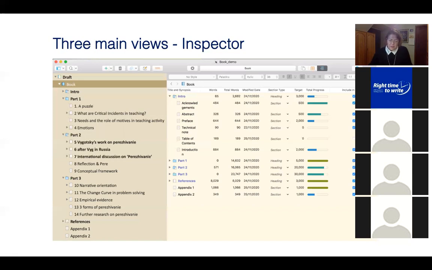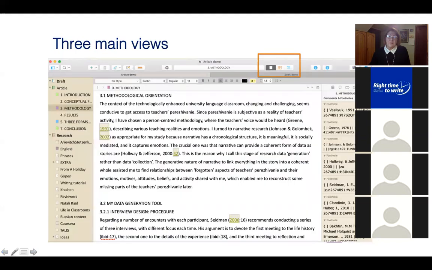So this is how the inspector works. A lot of things go in the inspector, and if you ask me a question while I'm demonstrating how Scrivener works, I'll talk a little bit more about the functions of the inspector. But mostly what we should take with us is that the inspector is the information about our project. Then if we push the middle button, we get a completely different view of Scrivener,